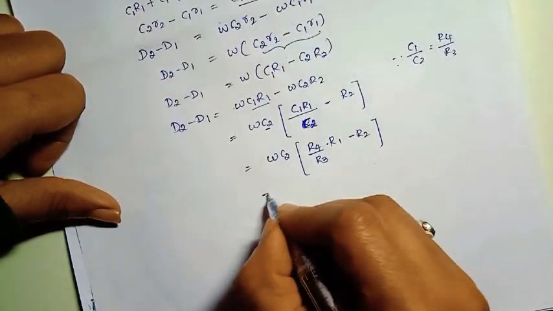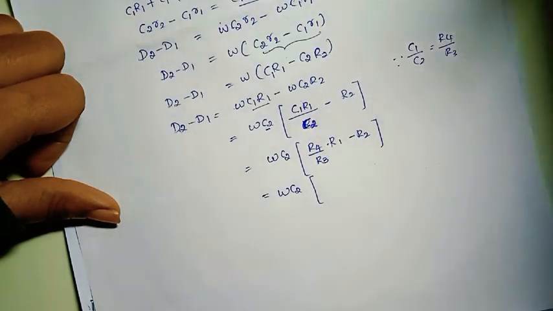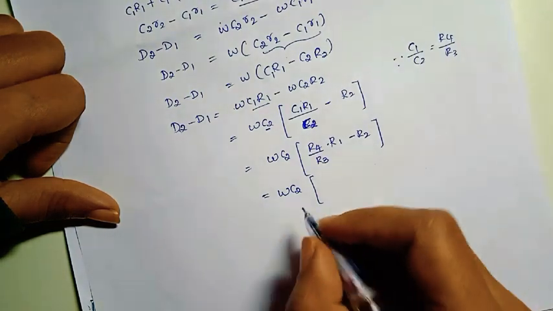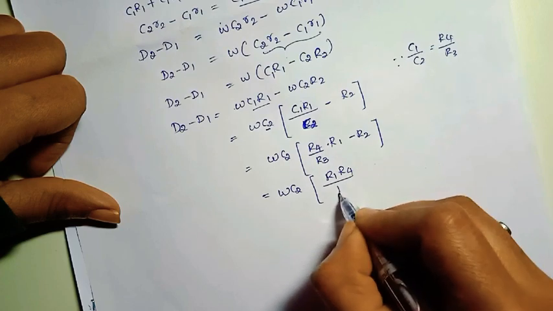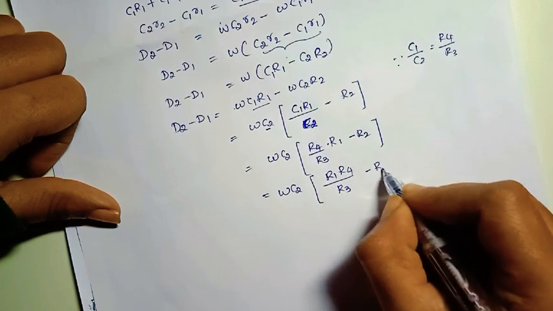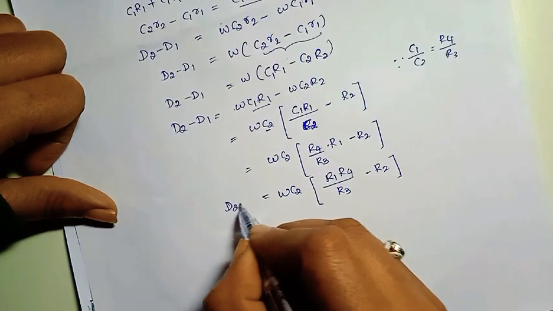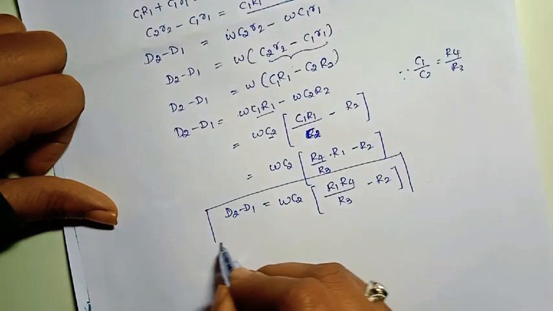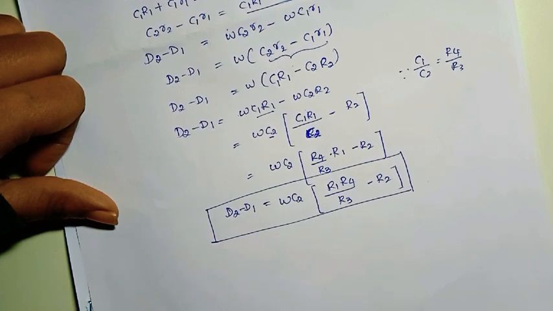Now omega C2 as it is. So let's write the equation as R1 R4 by R3 minus R2. So this is the dissipation function of the modified De Sauty's bridge. Now we will discuss about the phase